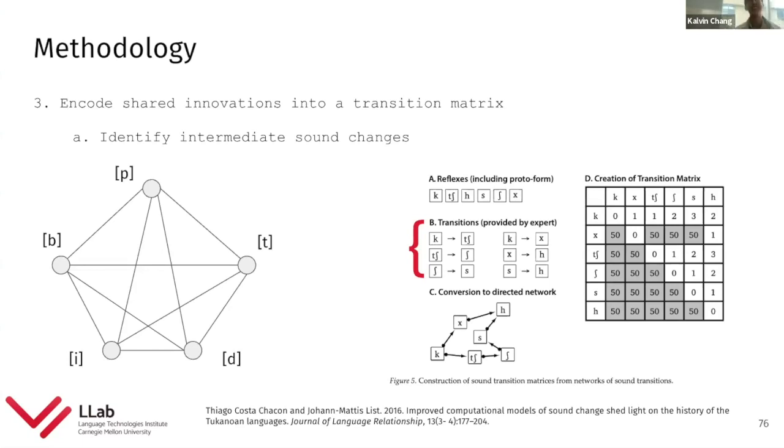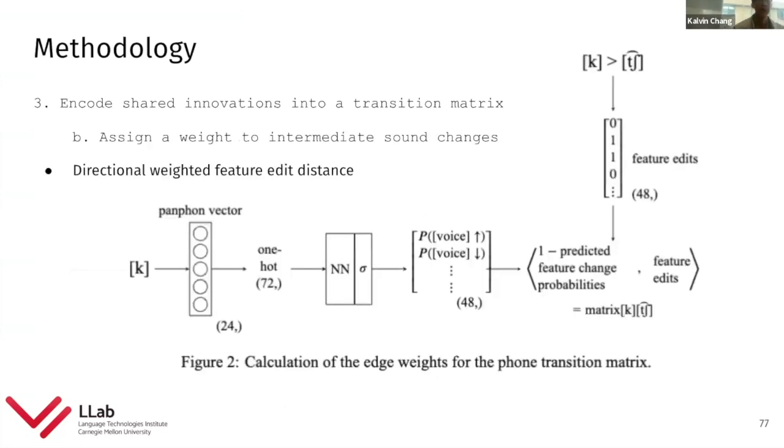Now we want to do this with our phone graph instead using computational methods, because a lot of times we can't just wait for an expert who has experience with some language boundary to come up with all the intermediate sound changes and the shared innovations. Right. Now we take our phone graph one step further and learn what's called a directional weighted feature edit distance